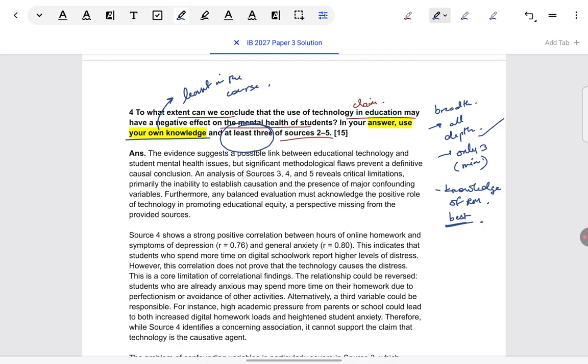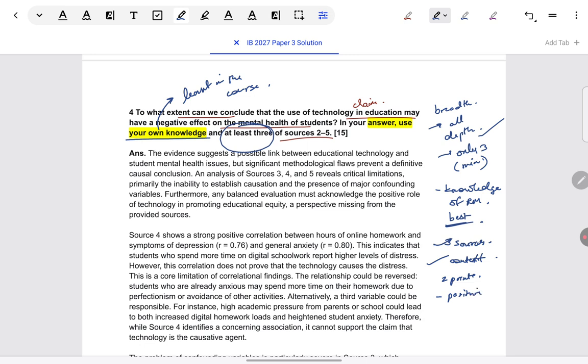But if you want to use a specific study, say for example Sparrow et al. or Blacker et al., very popular in technology, use them. Go ahead. That's great. Or any particular theory you want to use, go ahead, but not necessary. That's all I want to say. So finalize your three sources before you write, your best sources. Finalize the best content you know. You have been seeing the claim from the beginning, and by now you've worked so much on the claim. From whatever you've learned in technology, what will be most relevant to the claim? I would suggest think of 2 points that will be most relevant. What's coming to my mind is positive effects.